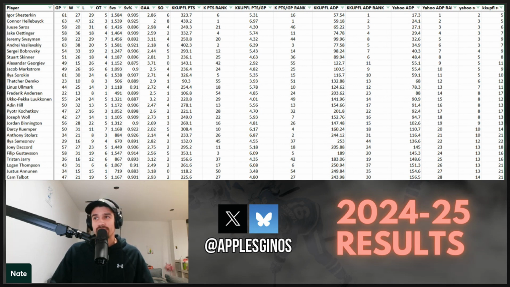Mackenzie Blackwood was undrafted everywhere, obviously dominated once he arrived in Colorado, 2.33 goals against average and .913 save percentage when he was on Colorado. You have Karel Vejmelka, Kevin Lankinen, Lukas Dostal, Elvis Merzlikins, Cam Talbot, Sam Montembeault. Others had significant stretches of play where they were simply better options for fantasy than most of the highly drafted goaltenders.